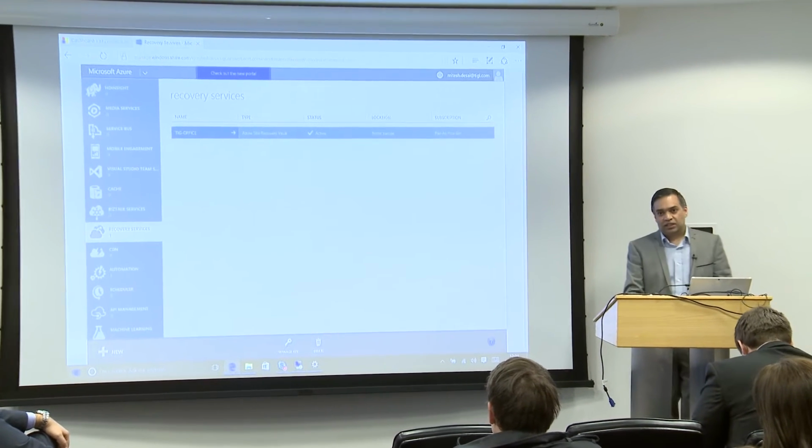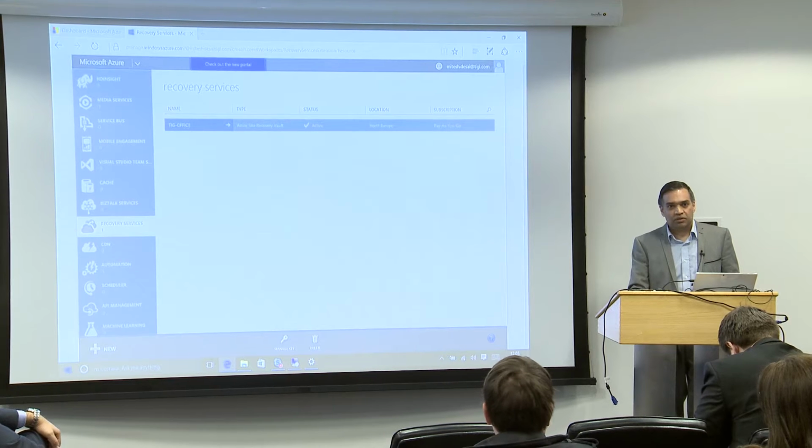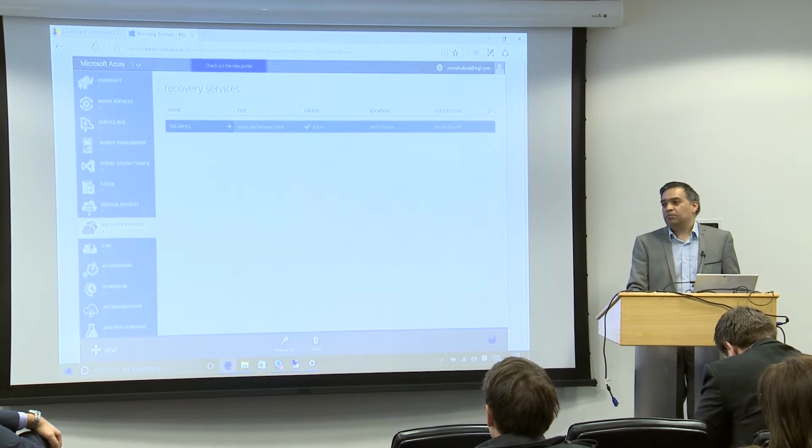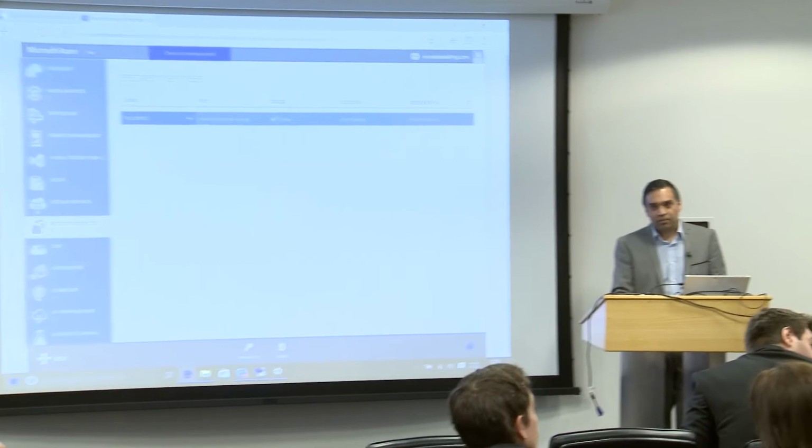As we mentioned, these steps when you map to networks, and I'll show you, can be pre-created prior to invoking any DR. They can be done during the DR as well, so there are scripts that can be run through the recovery plan and manual steps as well to ensure that when stuff does come up on the Azure site, it's with the correct IP address and it's also started in the correct order as well.